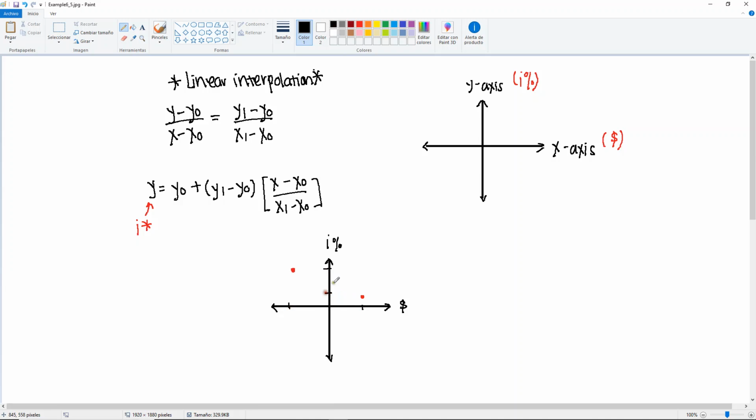Let me just point out where they are located. This point right here, the first one, or the positive one, will be our x naught, y naught. And the negative point in the graph would be our x1, y1. Then again, you can do this interchangeably. So for example, the negative one can be your x naught, y naught, and the positive one can be your x1, y1. For convenience purposes, when you plug them into